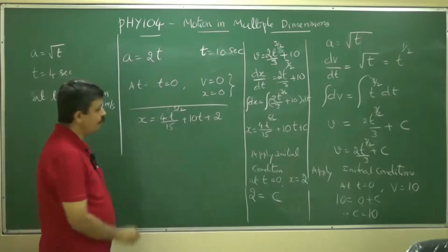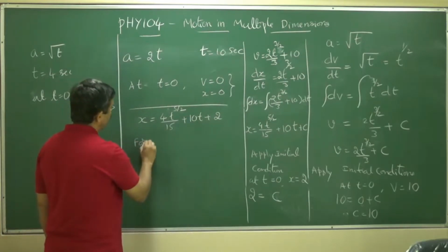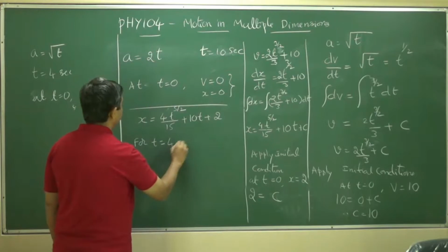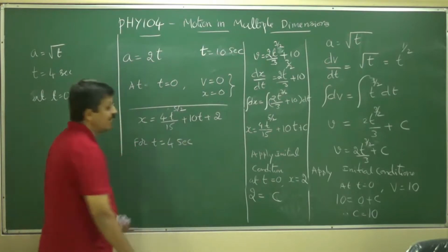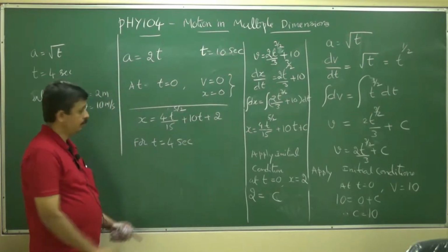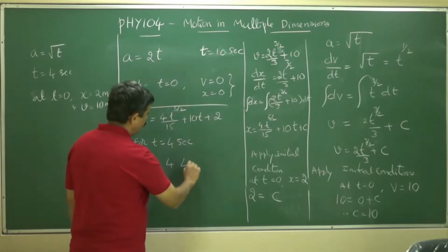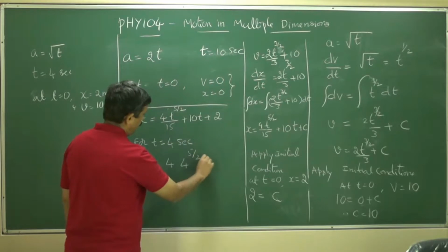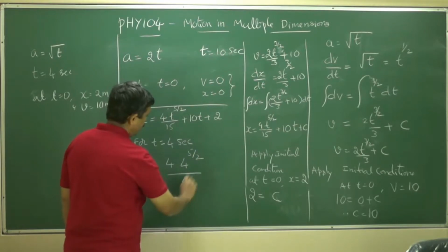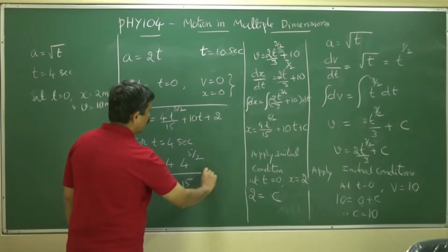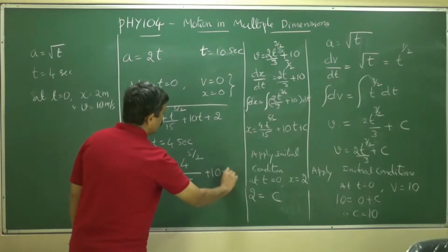Now we have to calculate, for t equal to 4 seconds, what would be x? So x is equal to 4 into 4 to the power of 5 by 2 divided by 15 plus 10 into 4 plus 2,